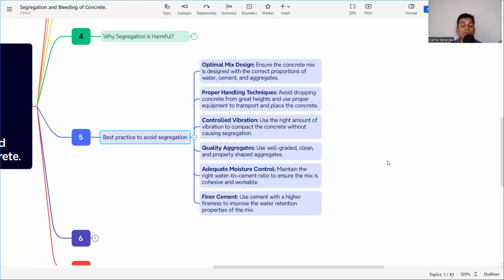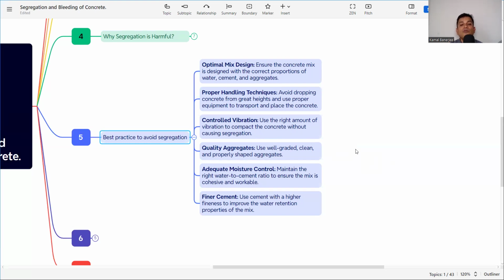Then control vibration. This is also a very important criterion to avoid segregation or bleeding. That is, use the right amount of vibration to compact the concrete without causing segregation. What do we do? We vibrate too much, but too much vibration is not right. If we vibrate too much, the water particles and the heavier particles will separate, and again the separation, the segregation,